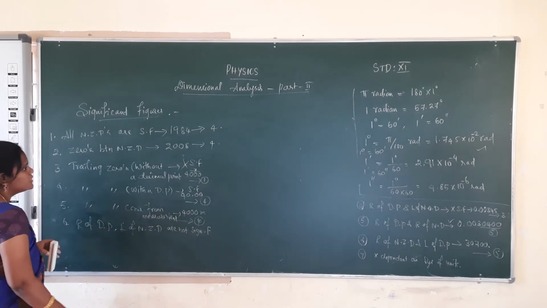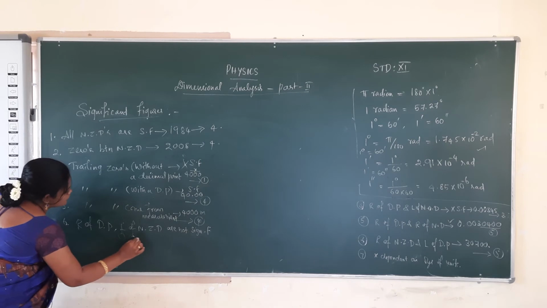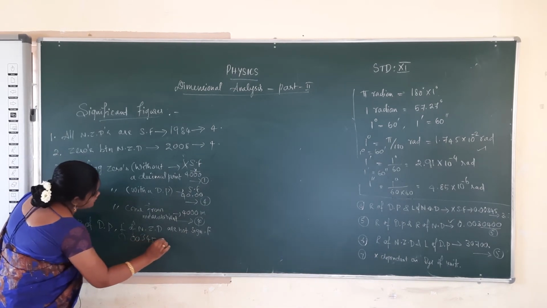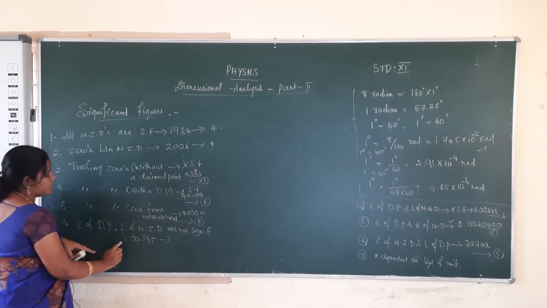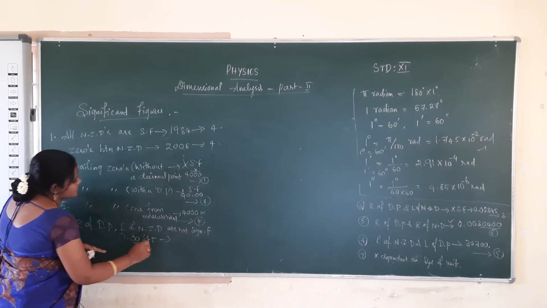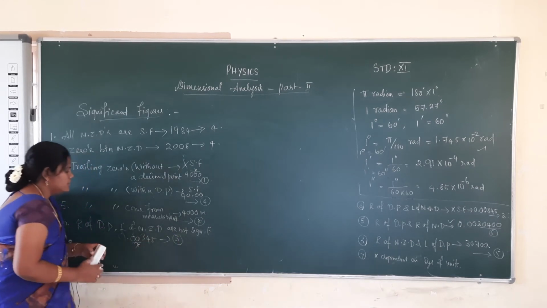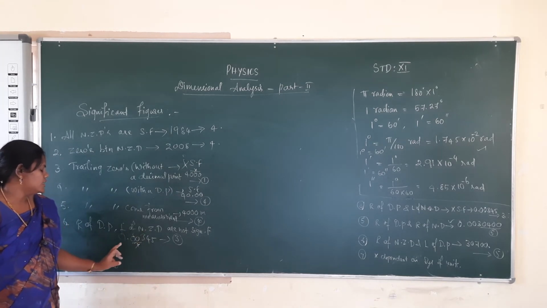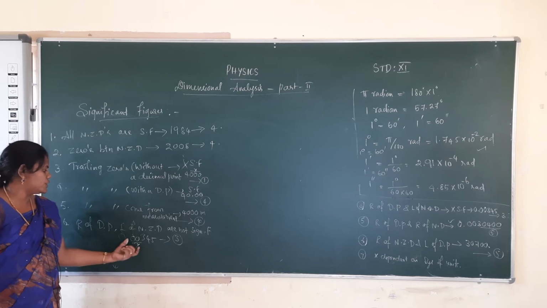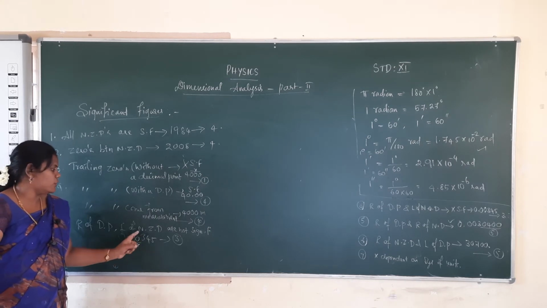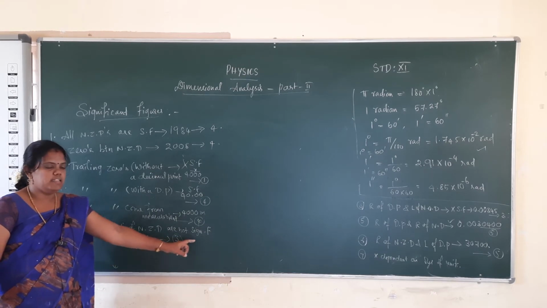For example, 0.00345. Right of a decimal point and left of a non-zero digit, these zeros are not significant figures. So the number of significant figures is 3: 1, 2, 3. Right of a decimal point and left of a non-zero digit is not a significant figure. So the 0, 0 are not significant figures. Only 3, 4, 5 are the significant figures.